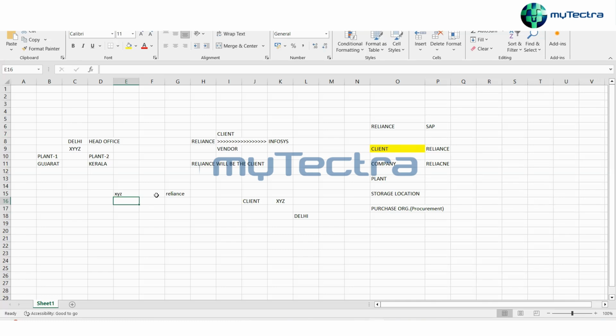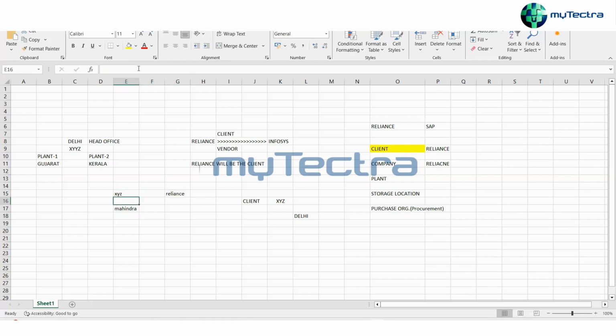So he just posts the PO with, say, Mahindra. But the deal was that this material would only be bought from this particular vendor.